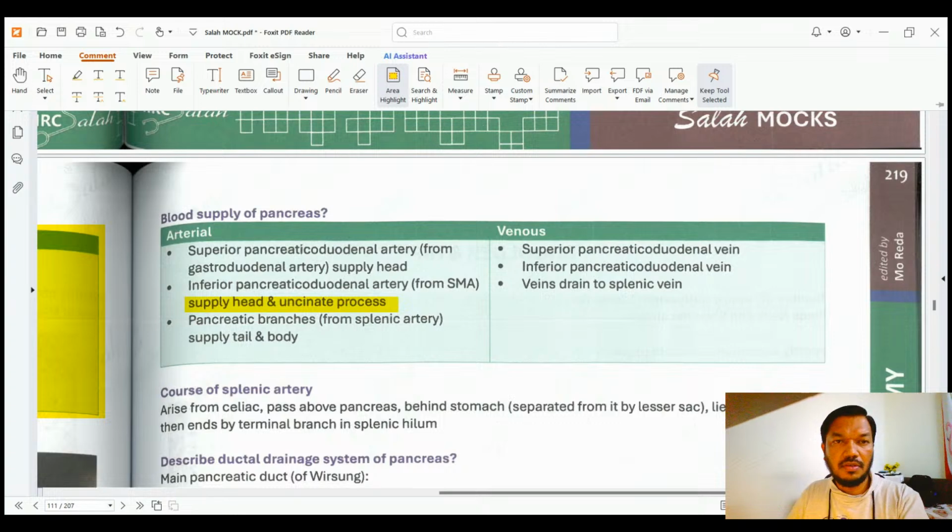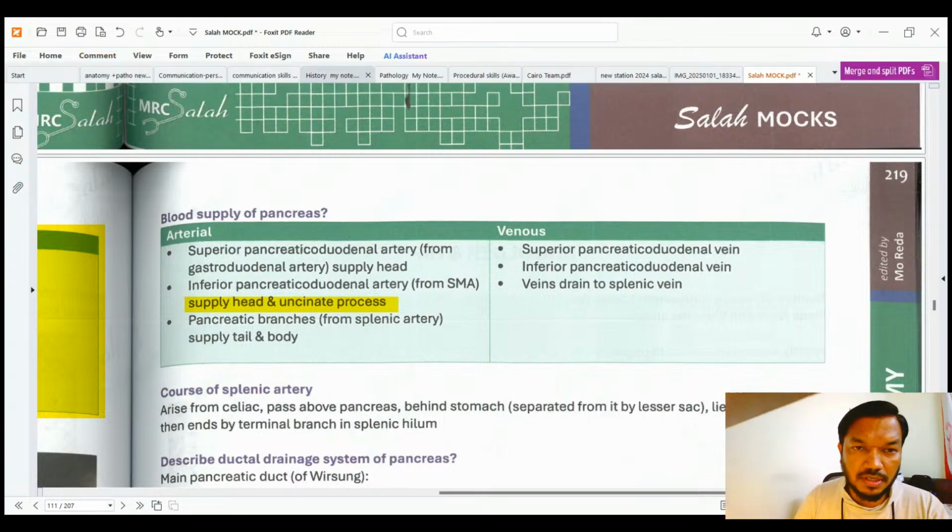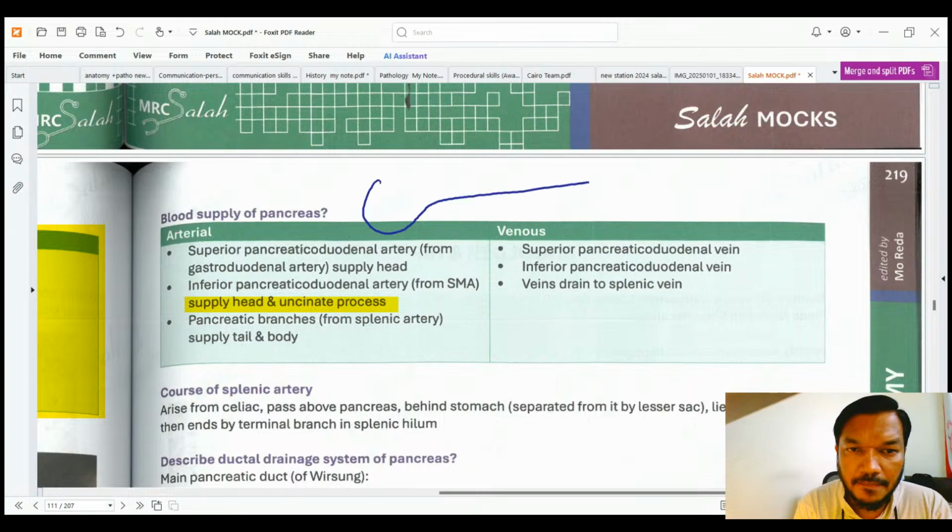Here they became very specific. Before it was not explained like this. Because it